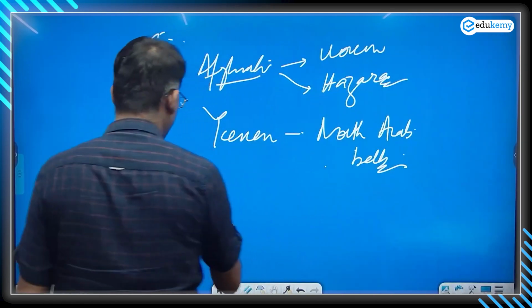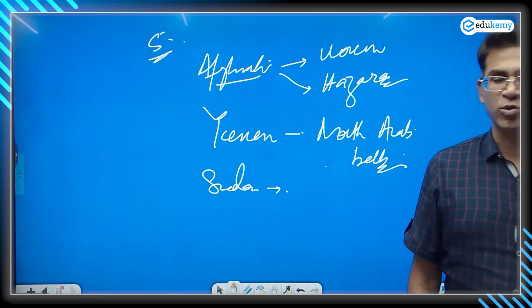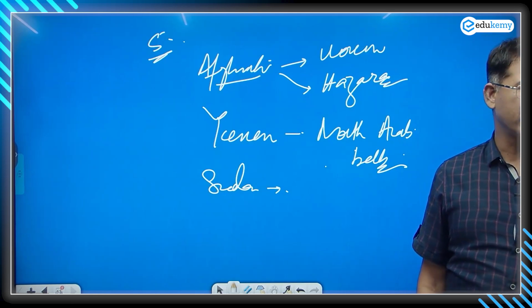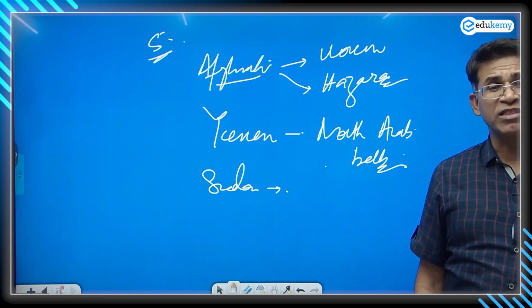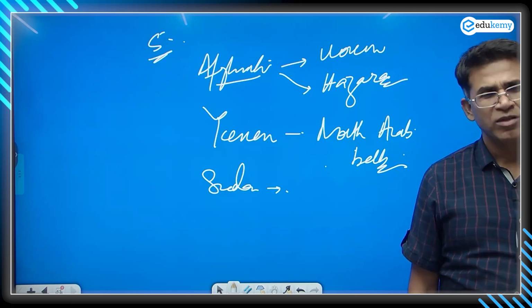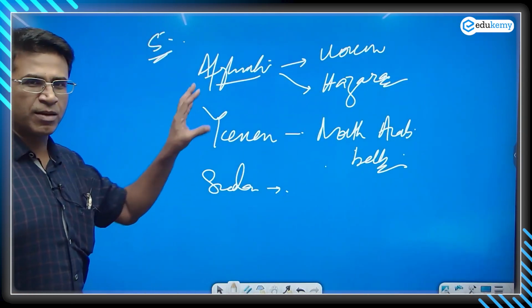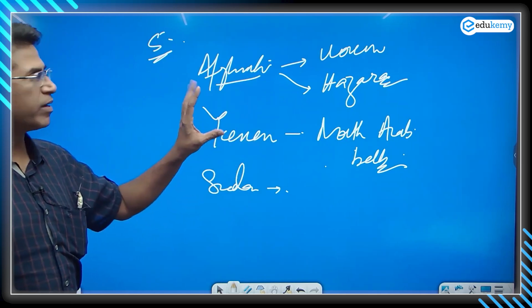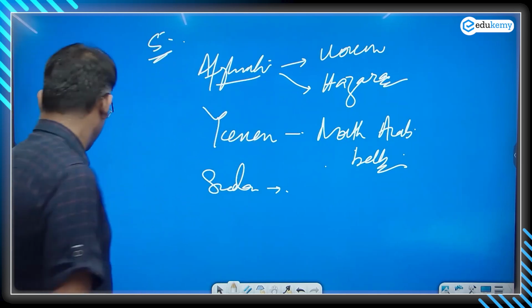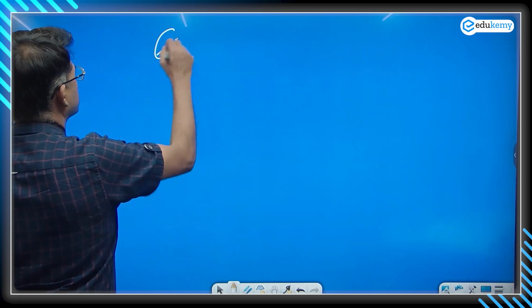Then in Sudan, the local African origin population of Darfur are the worst sufferers. So the whole region suffers, plus within the region some populations suffer more, okay, because of conflicts. Okay, and the 6th component,